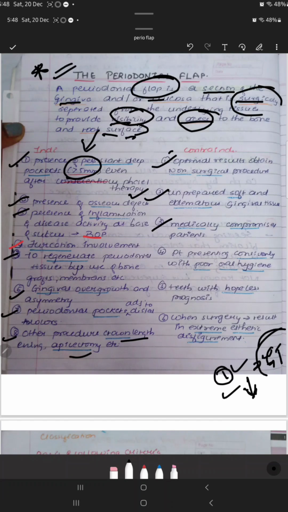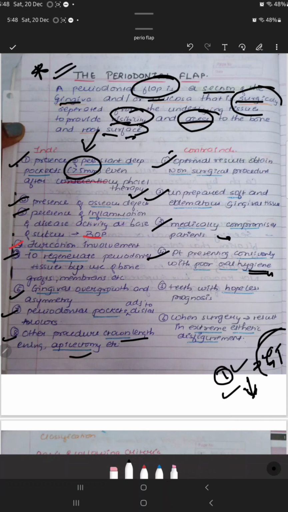Medically compromised patient: if the patient is under chemotherapy or has any other systemic conditions, we should not perform flap surgery, because it may lead to delayed wound healing or other complications. Patients presenting with poor oral hygiene: if a patient is not removing the etiological factors